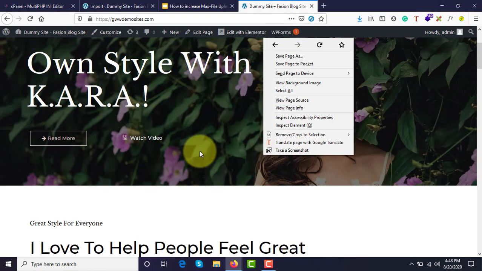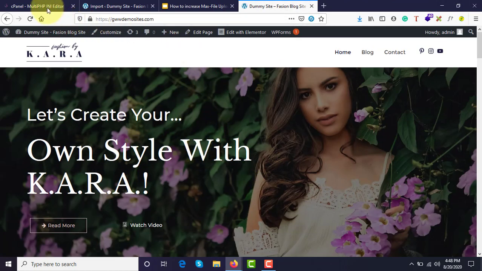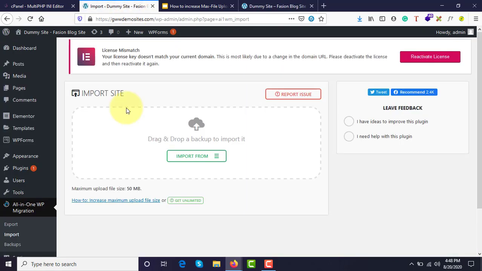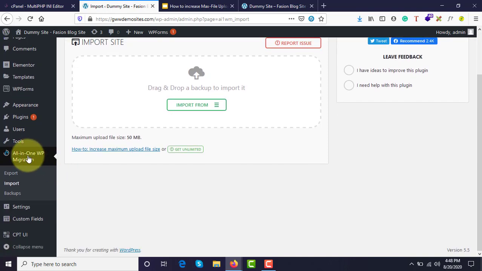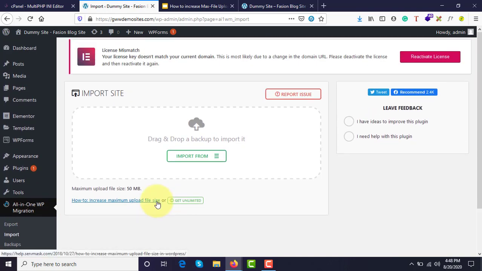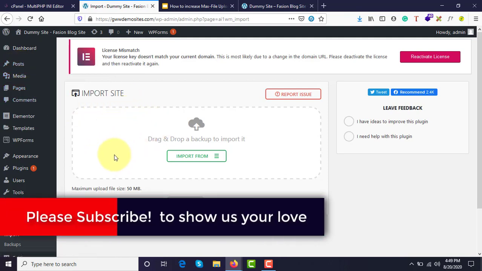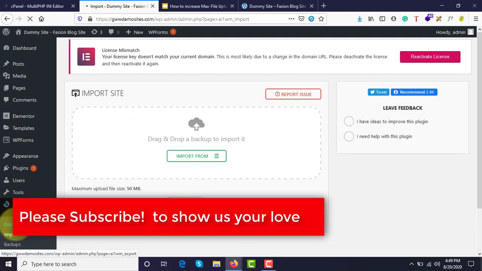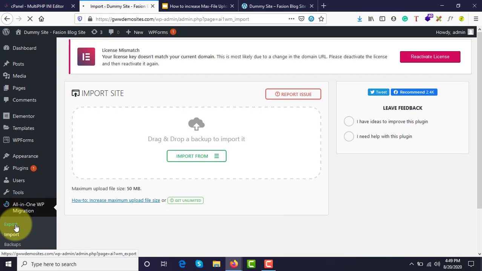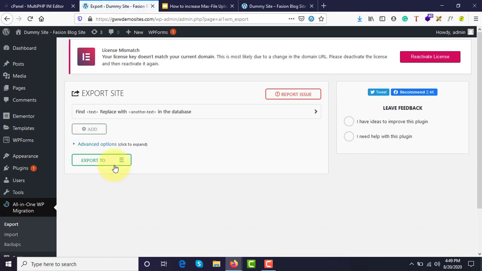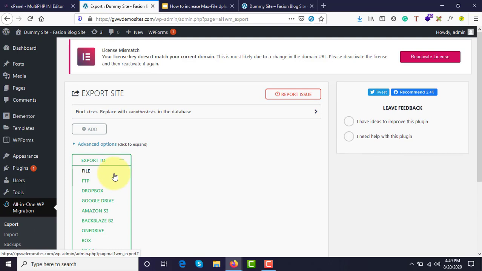This is our website right now. This is our demo website, and here let me log in to the WordPress dashboard. Here you can see I want to import some files. I want to import some other website over here. Suppose we added several pages and images, and this website got bigger and bigger, and I have exported it with this option. I just exported the file, and suppose the file is 500 MB.